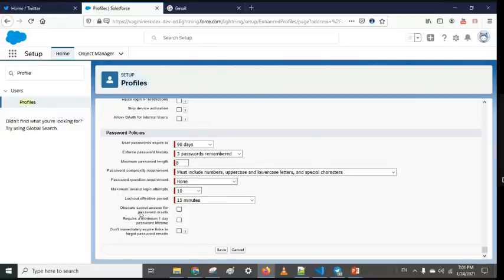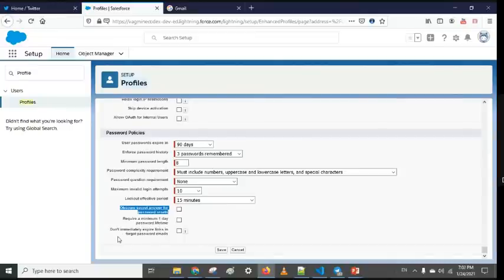Then we have obscure secret answer for password reset, require a minimum 1 day password lifetime, and don't immediately expire links in forgot password emails. I am not sure what obscure is used for, but require a minimum 1 day password lifetime means if I have changed the password today, I cannot change it again today. I can change it after 1 day, the next day.